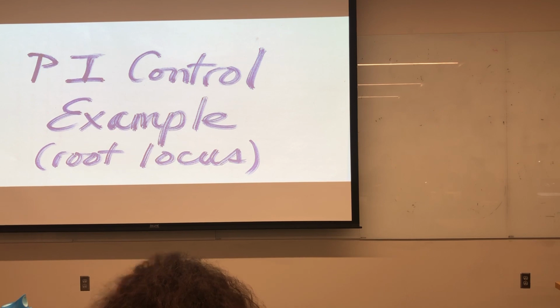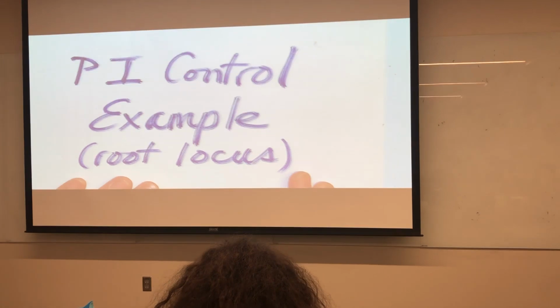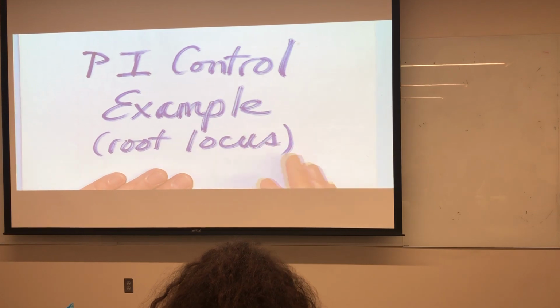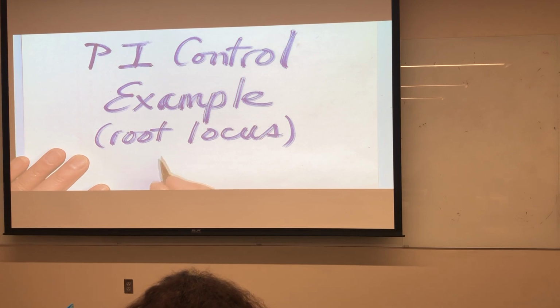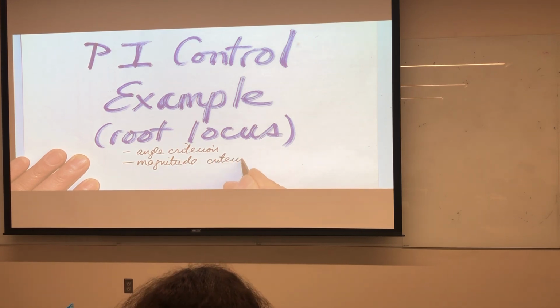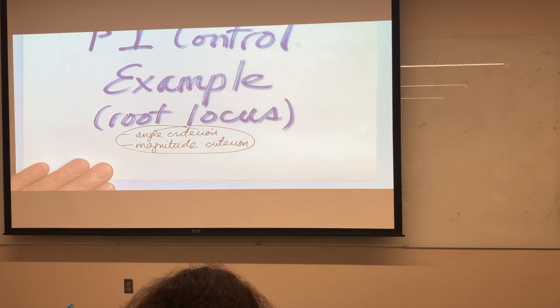Okay, let's go ahead and do this example today. It's another example of root locus design. Root locus design, we remember, basically has two equations, and so we can solve for two unknowns. And so the two equations we're going to exercise again today are the angle criterion and the magnitude criterion. All the basic problems that we can deal with basically come down to these two equations, angle criterion and